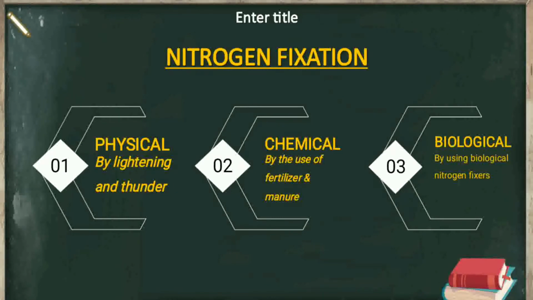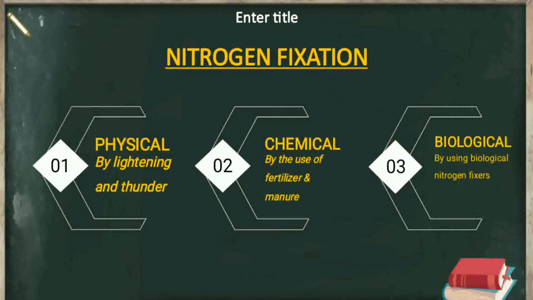One is the physical method. In the physical method, in nature, lightning and ultraviolet radiations provide enough energy to convert nitrogen to the nitrogen oxides NO, NO2 or N2O. The next way is chemical nitrogen fixation. Industrial combustion, forest fires, automobile exhaust, and power generating stations are also sources of atmospheric nitrogen oxides.